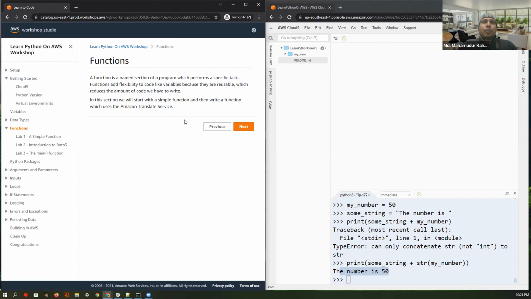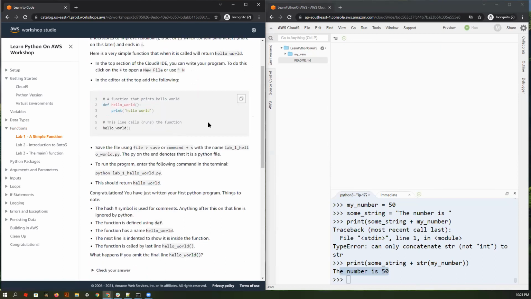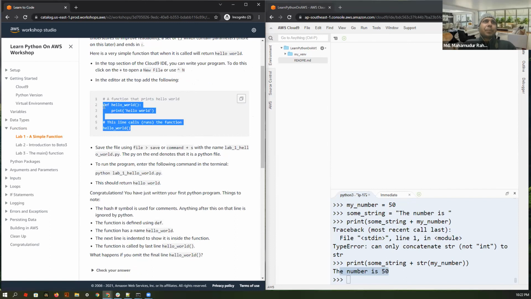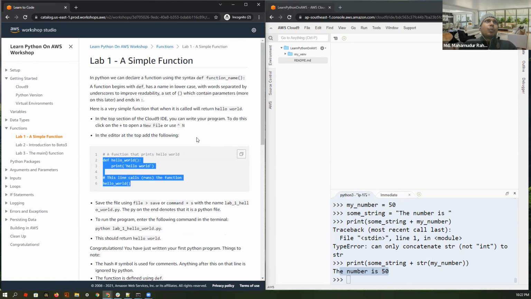রিপিটিশন কমানোর জন্য, রিপিট না করার জন্য এসব ক্ষেত্রে আসলে ফাংশনের খুবই ব্যবহার আছে। আমরা প্র্যাকটিক্যাল এক্সাম্পল দেখি, আমরা ফাংশন কিভাবে ডিফাইন করতে পারি। আমরা এতক্ষণ যে কাজ করছি সব ইন্টারঅ্যাক্টিভ শেলের মধ্যে করছি।